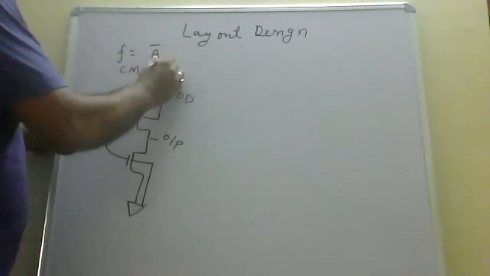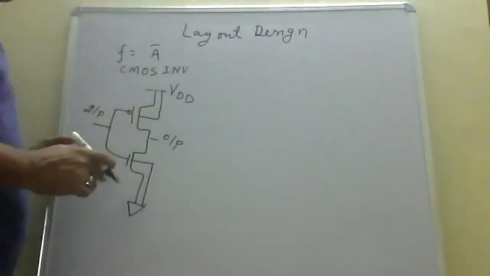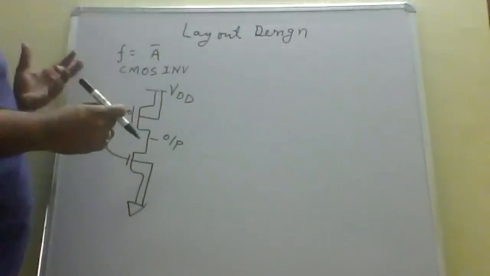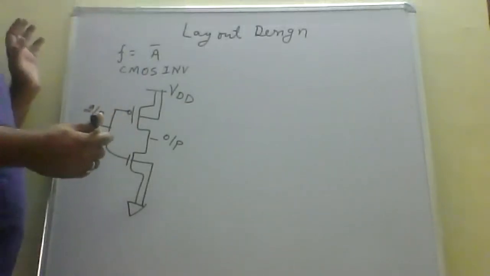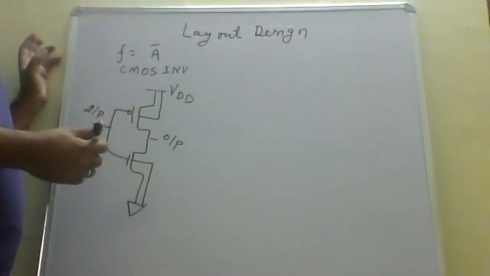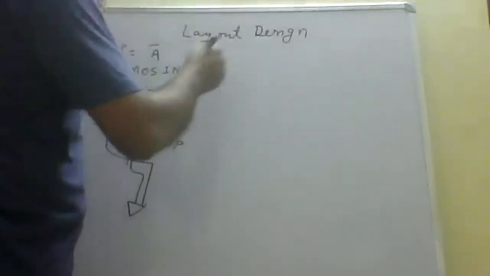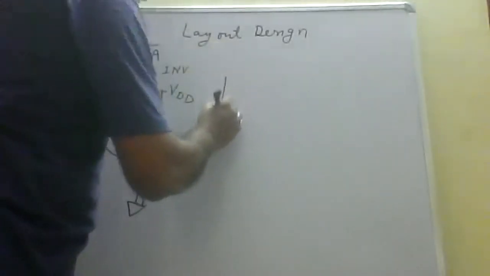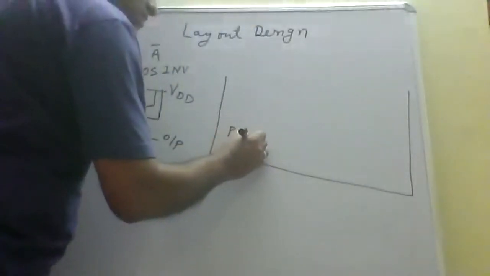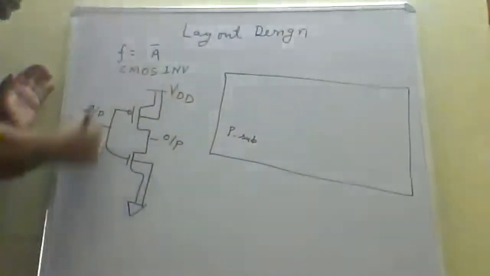Now when we do the fabrication of this CMOS inverter, we require the layout designing, right? The layout basically means a building map. We have already learned about the building map. Whenever a building is designed, a building map is required. For the CMOS inverter case, we require first of all a P-type substrate, and inside this P-type substrate, we have to create this whole structure.